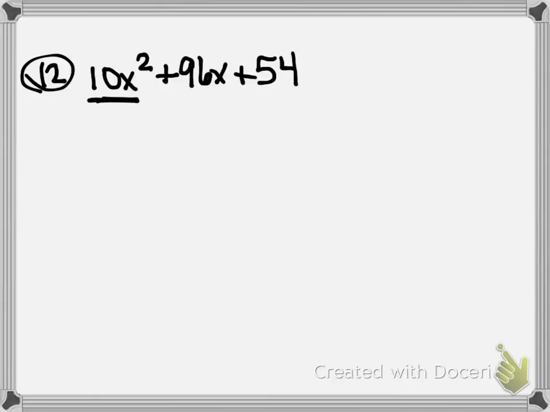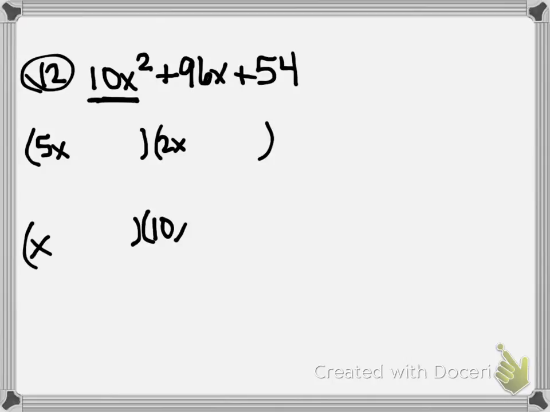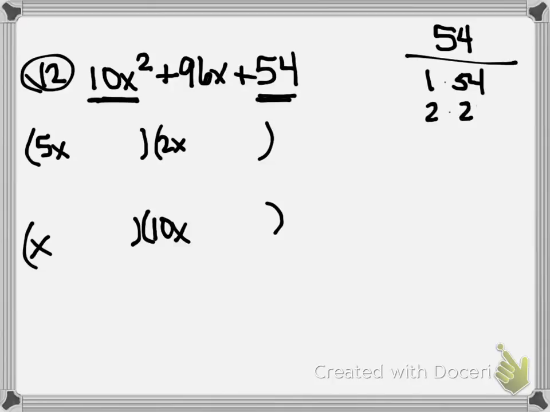Possibilities to get this first term could be a 5x and a 2x, but it could also be an x and a 10x, couldn't it? Okay, well 54, that's a pretty big number. Factors of 54 are 1 and 54, 2 and 27, 3 and 18,